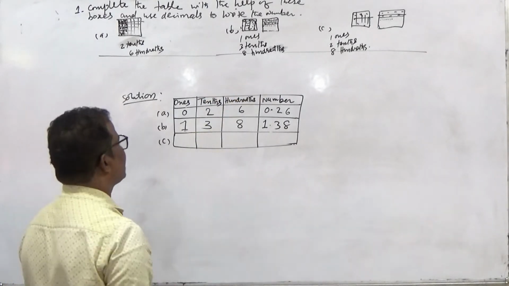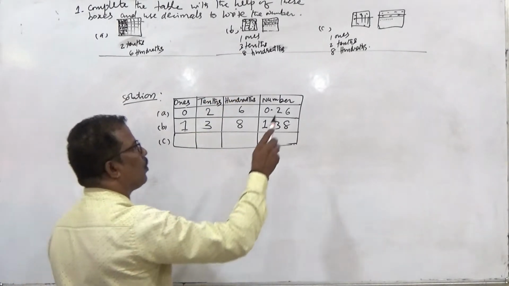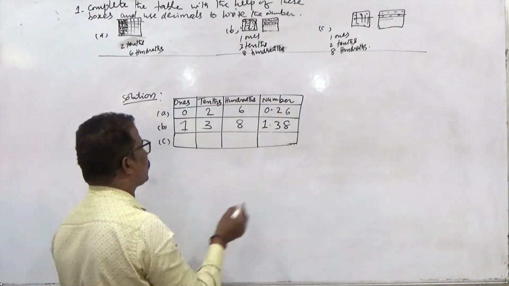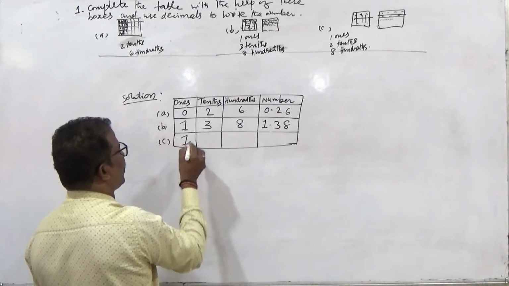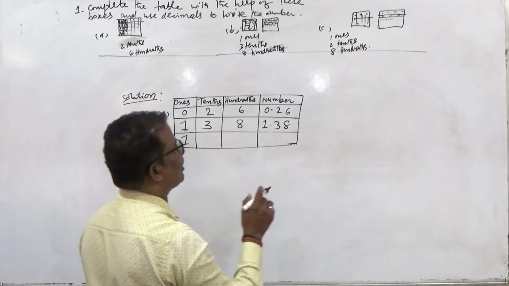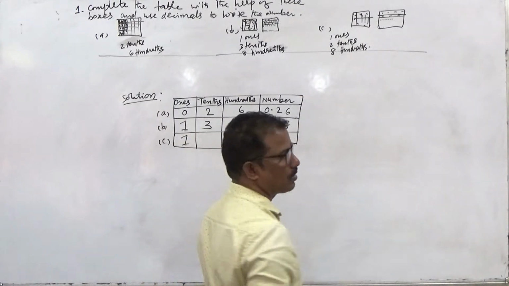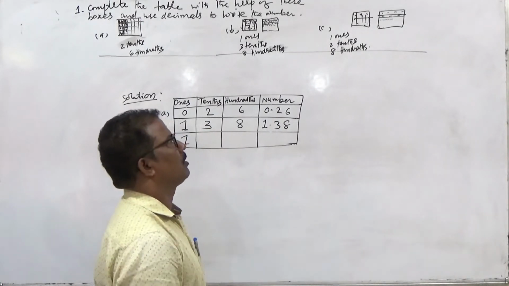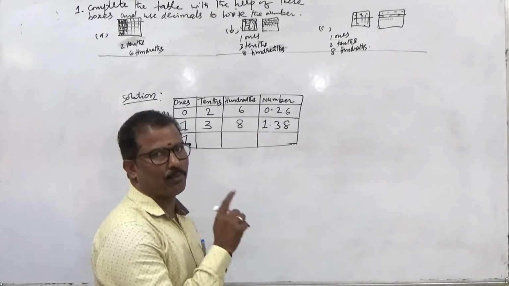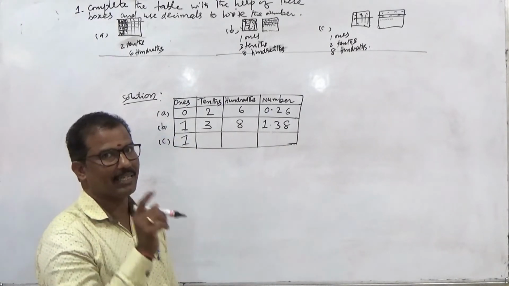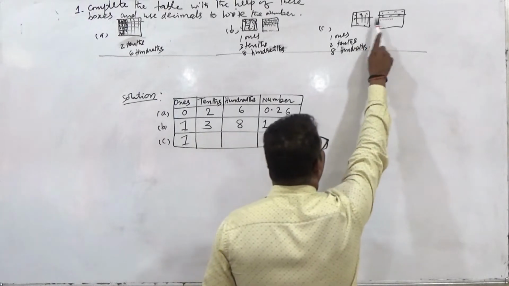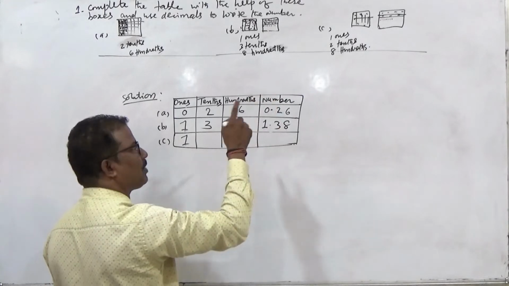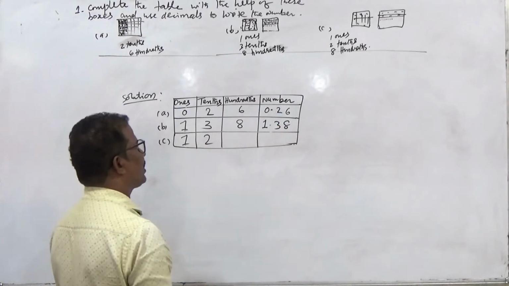And for the C question, in the C question also one whole shaded box is completed. All the circles are shaded. For that whole box together we can say 1. So in ones we can write 1. Then in the next box you can see, among that whole 100 squares box, there are 2 complete blocks shaded. In each block how many circles are there? 10 circles. For that whole we can say the 2 completed ones. So in tens, how many boxes are shaded? 2. So in tens we can write 2.